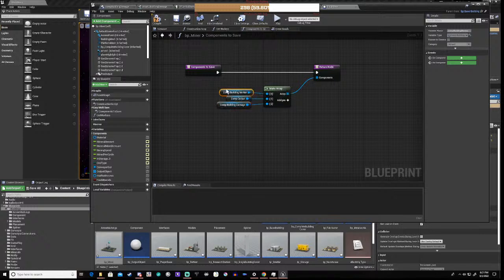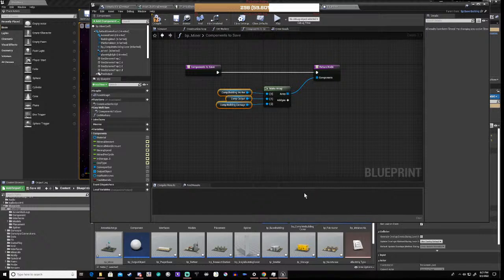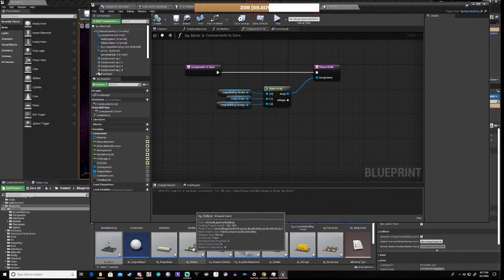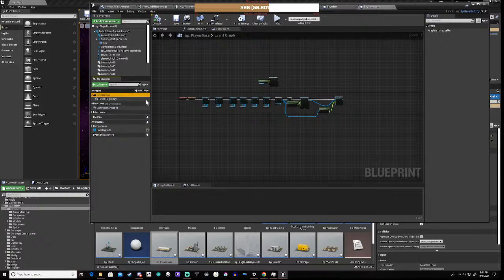Okay. So we'll save that off. And give me a second. And player base doesn't have any, even though actually it will. Interesting. We might need to add this one. Might need to bear in mind that this has now got